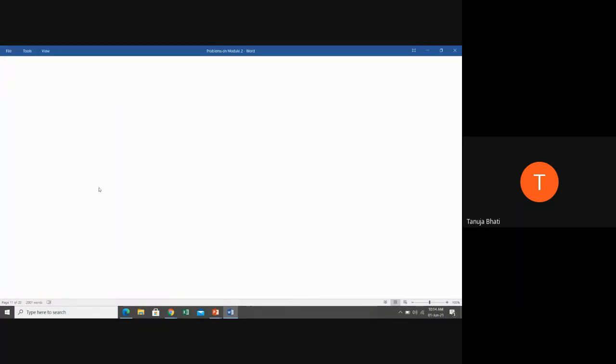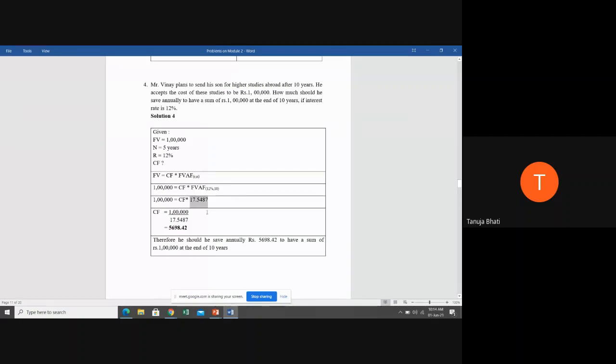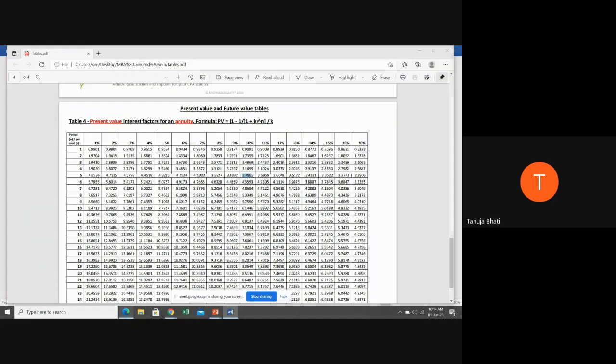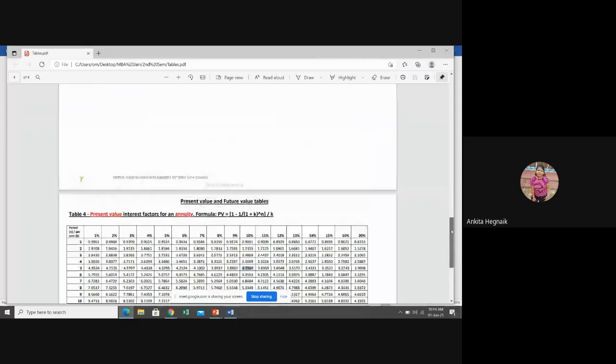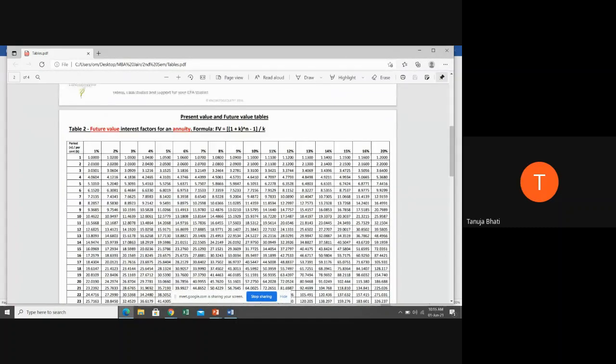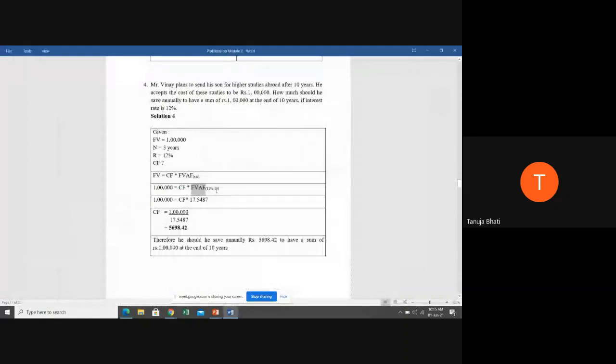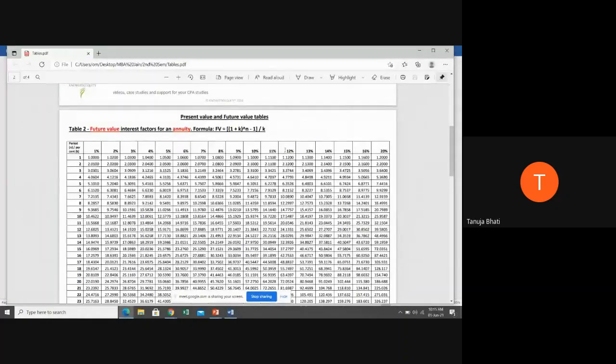So how are we going to find out this future value annuity factor? By using the table. Which table number are you going to use to find out the future value annuity factor, if you all remember? Students, which table number are we going to use? Table 2. Okay, so let us go to table number 2. It is 12% for 10 years. So the corresponding value here is